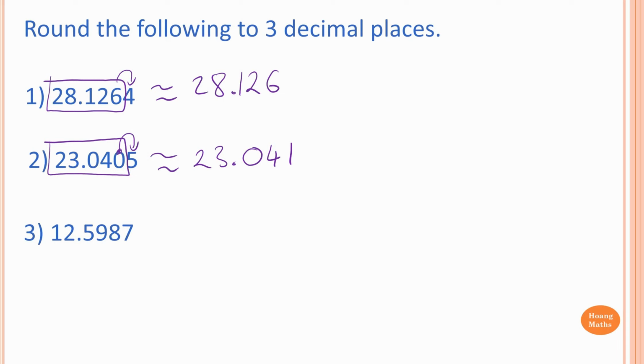12.5987. We round to 3 decimal places, which is up to here. Now the number after 8 is 7. So therefore we need